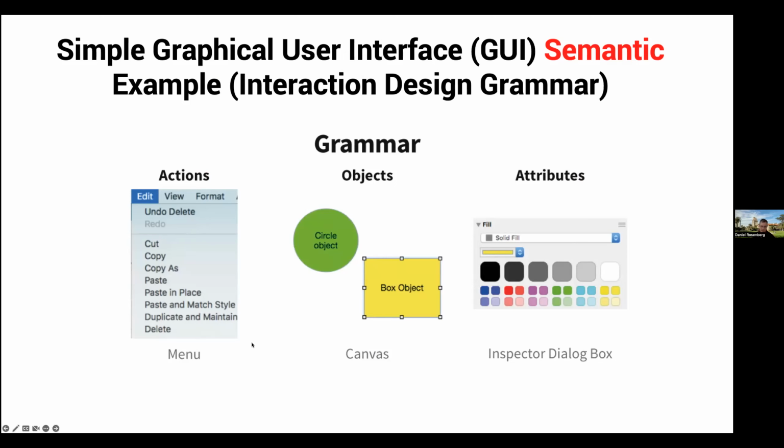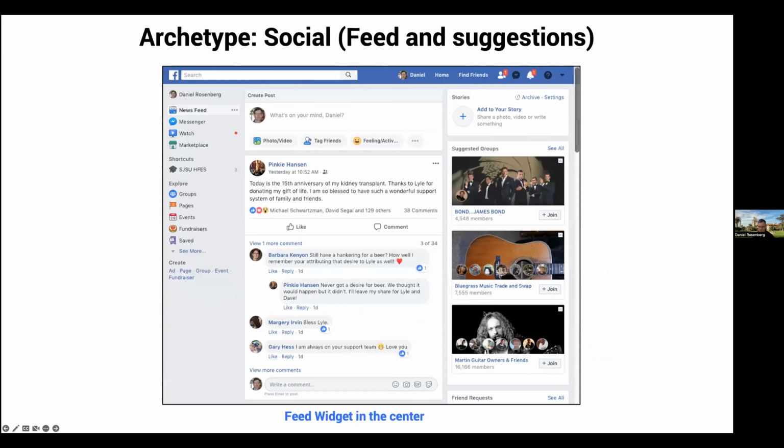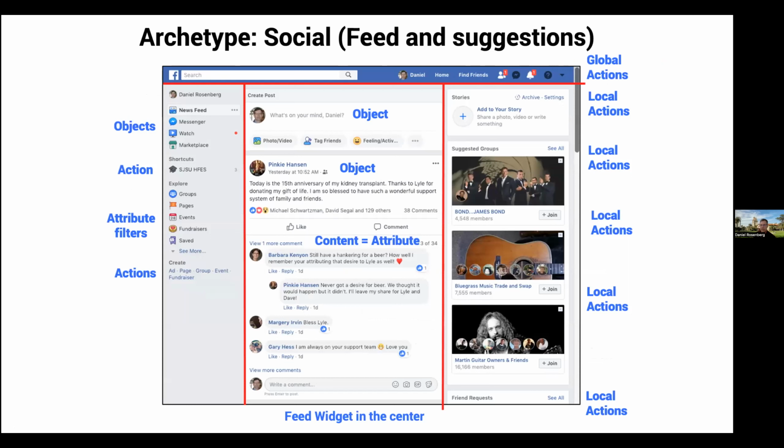Actions can come in the form of menus, they can come in the form of gestures. But again, in a graphic design product, like say PowerPoint that I'm using right now, I would consider a box an object, and an object has a bunch of attributes. If you go a little further, you can basically pick apart any existing user interface.